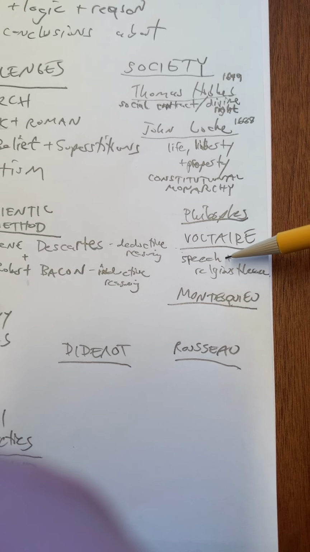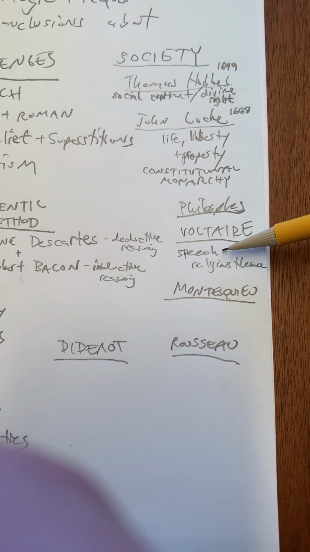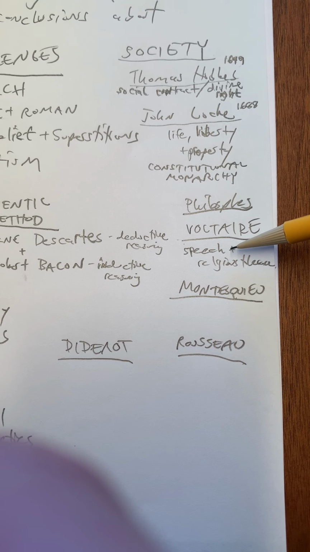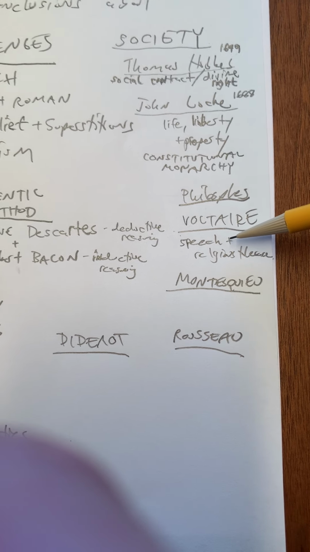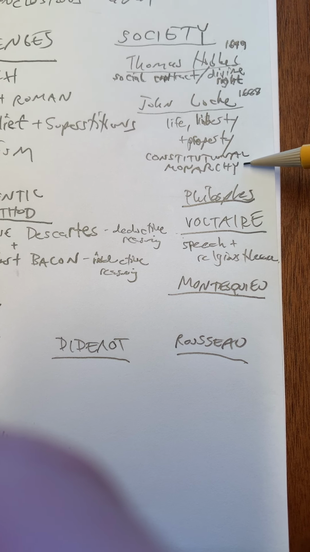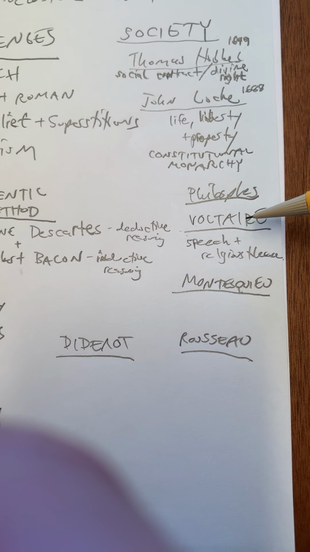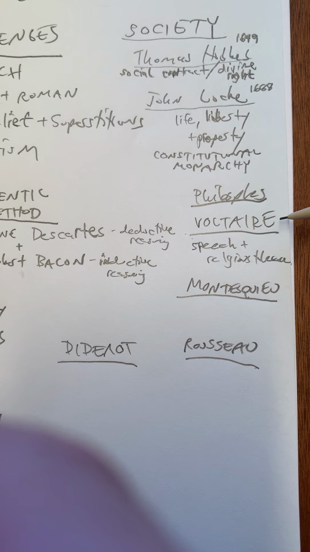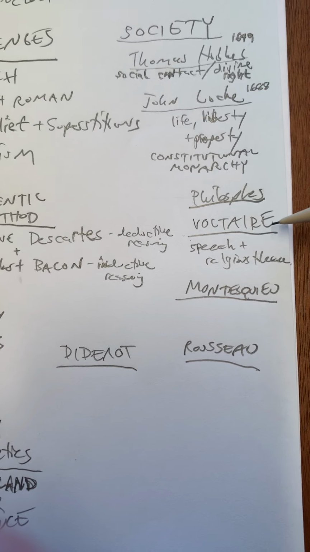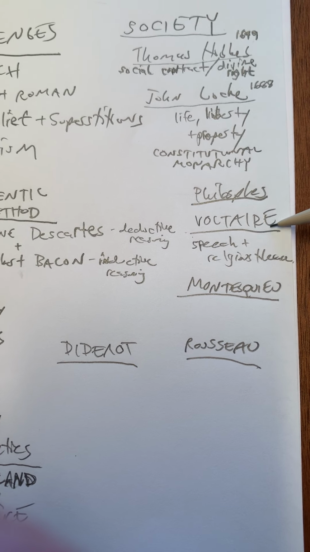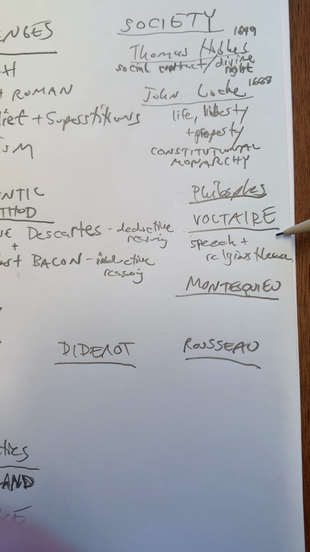speech. He was locked in prison. He was in prison multiple times, and fled France and lived in England, which he admired. A lot of these people admire constitutional monarchies. They don't actually admire direct democracies. Most of them think that the people can't be left. They're not responsible enough to govern themselves.